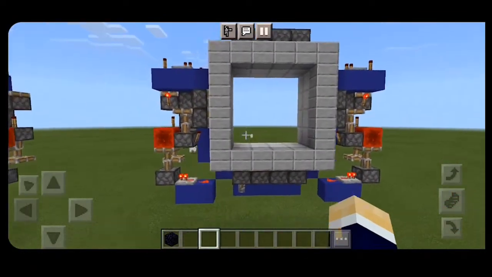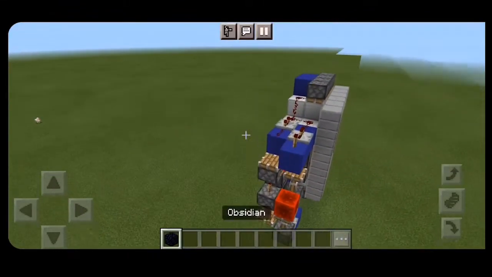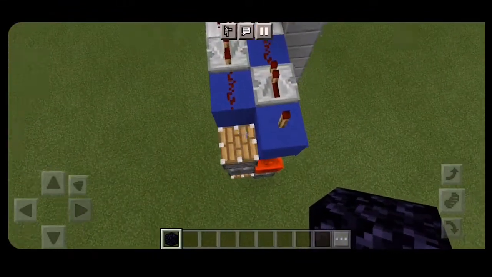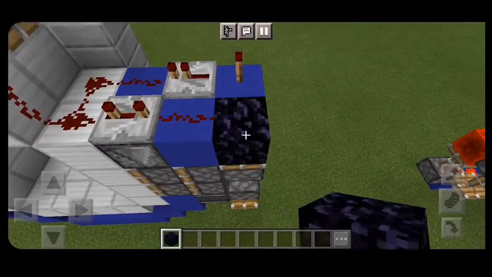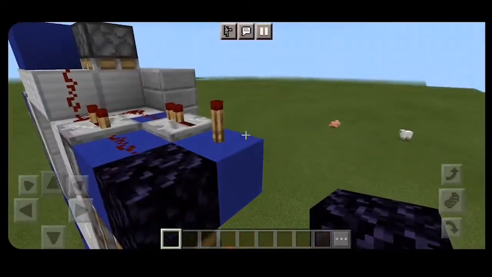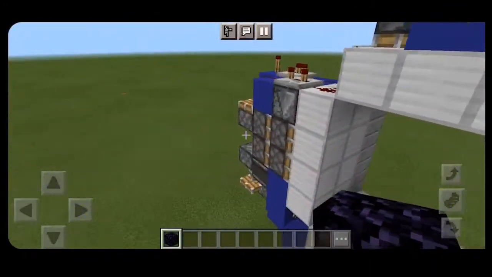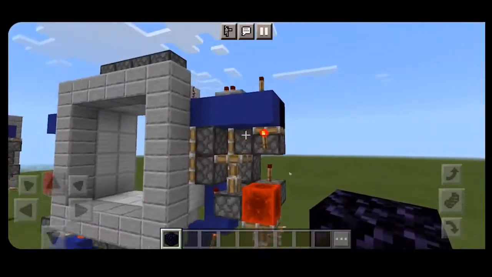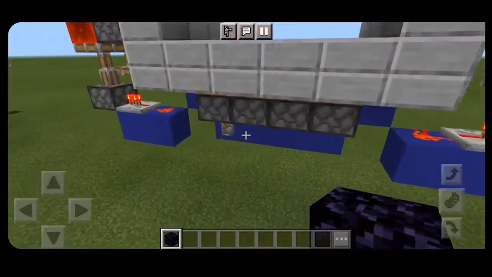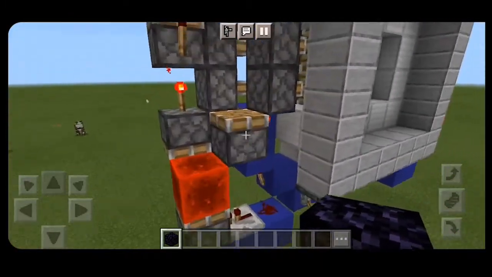If you want to modify it to be a little bit more lag friendly, then what you want to do is to come up. It's just a tiny bit more lag friendly. But so come up to where the torch that powers everything on the top is, place obsidian there, obsidian here, and then you'll want to turn it on, and then you'll want obsidian here,